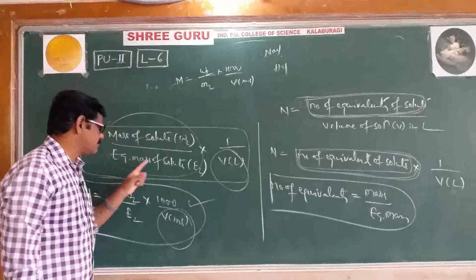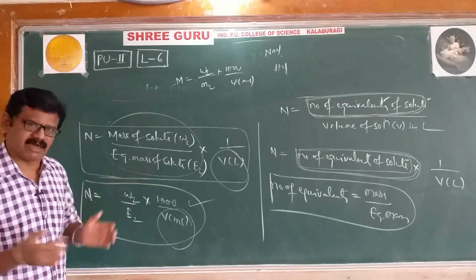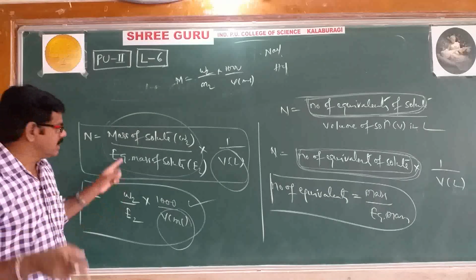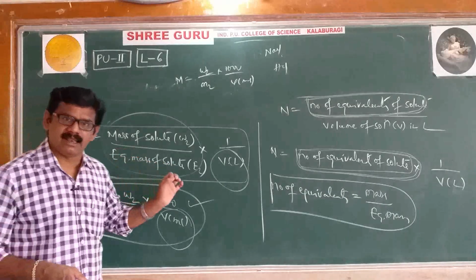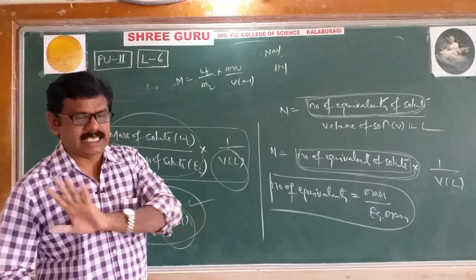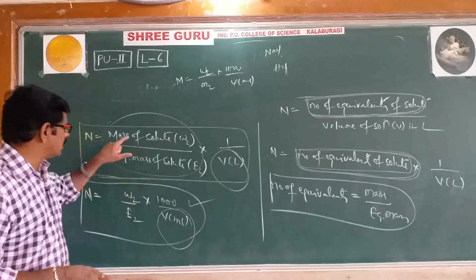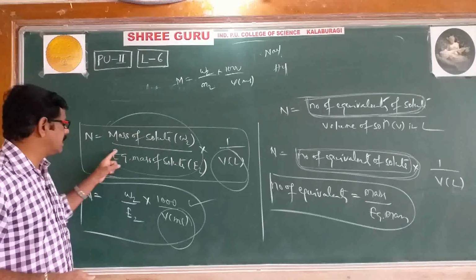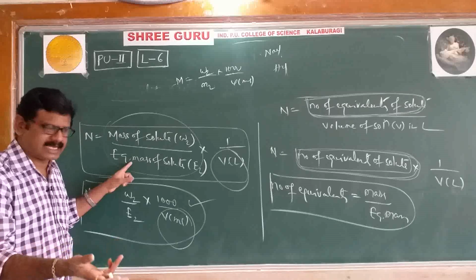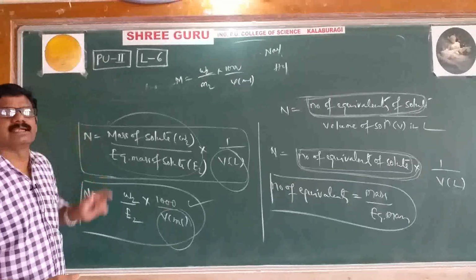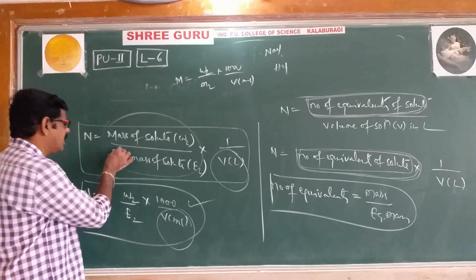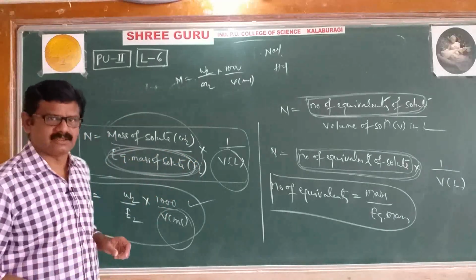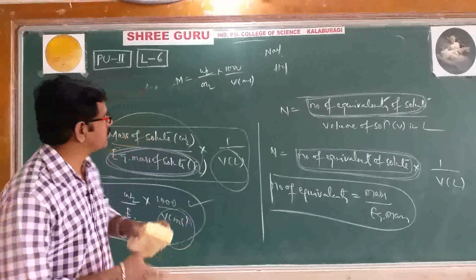But here the problem is with the equivalent mass. What is equivalent mass? How to get equivalent mass is the question. Remember, equivalent mass will not be given in the question. He will give only mass and only volume. Then we have to calculate the equivalent mass and substitute it, and we will get normality. Then the question arises here, how to calculate equivalent mass? That we will discuss now clearly. Okay, right.